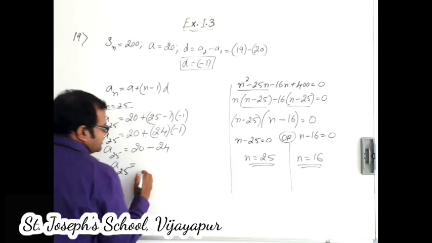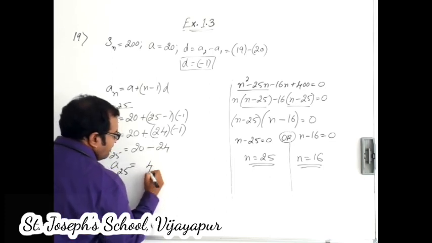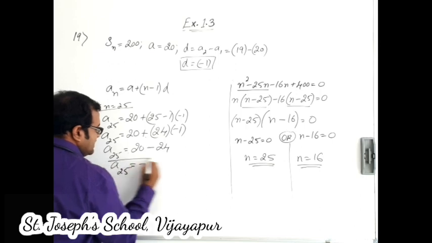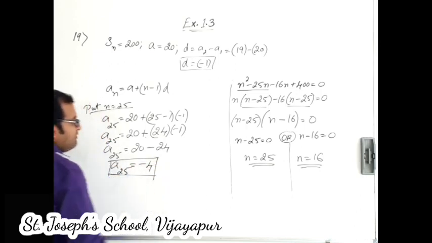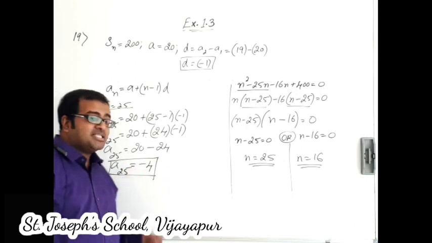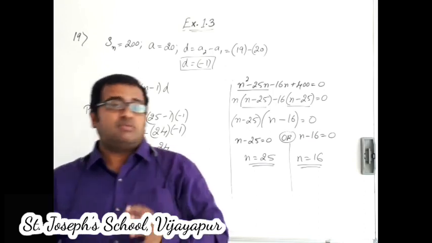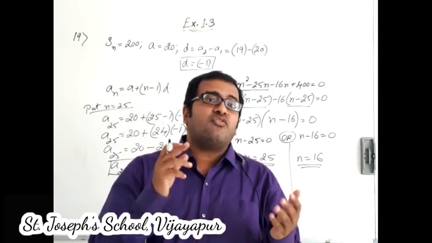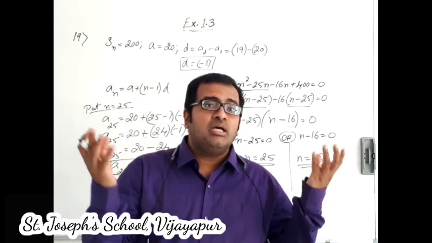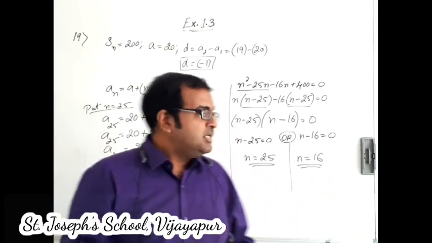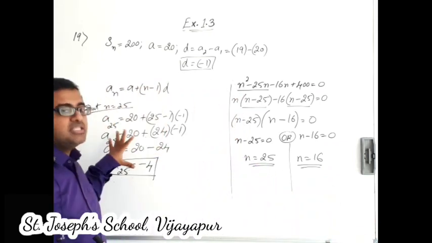Now 20 minus 24, the difference is 4, and the bigger number has the sign minus. This cannot be our answer because it gives minus 4 logs. In real life situations, we don't have objects counted as negatives, like negative 4 logs, which cannot exist. So this is not the answer.